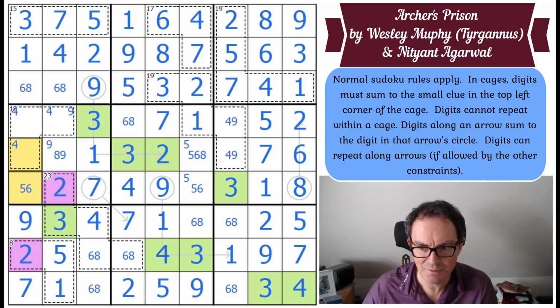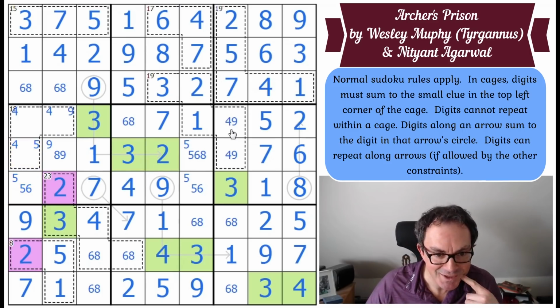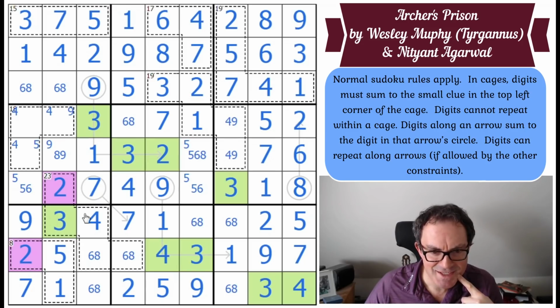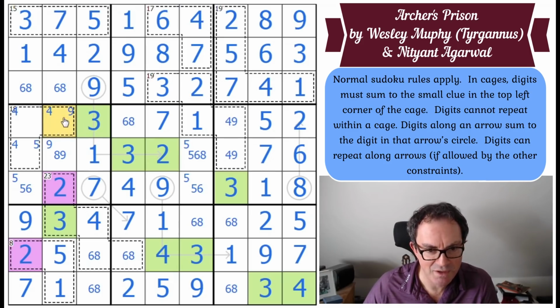5 in this spot. No. Hang on a minute. What have I missed here? This must be resolved. I can't see anything obvious to resolve this. Well, there's a simple point we can use to resolve it. I'm not sure if there's anything more elegant, but that square, you see the 9's in one of those two